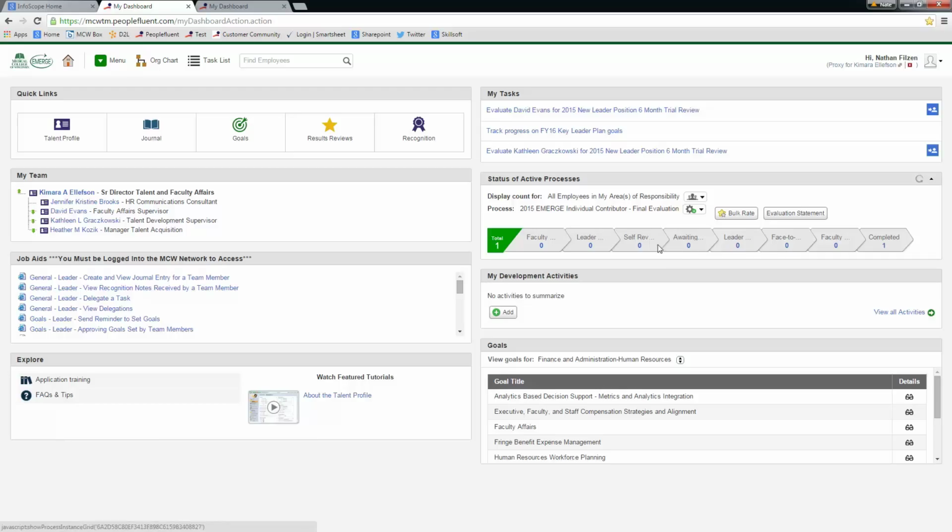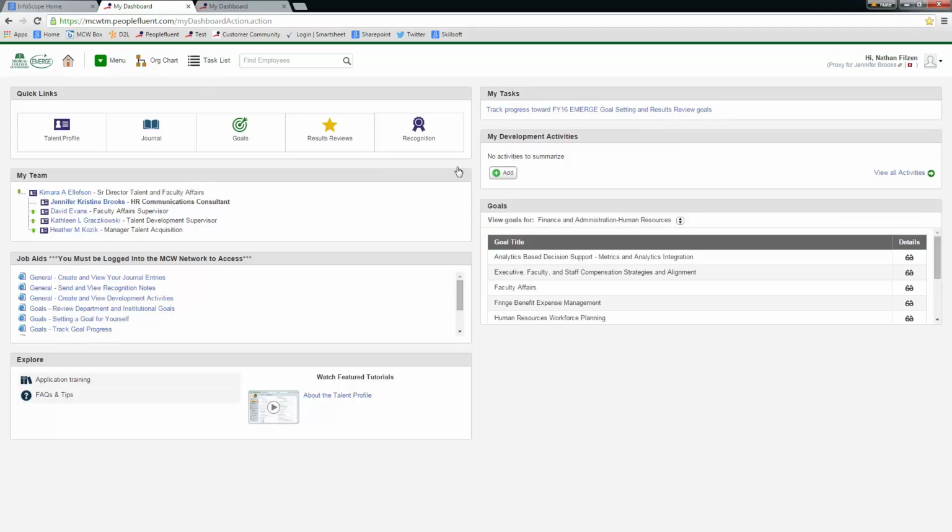If there was a number in any of the rest of these, I could click on that, just send a reminder to that person that they need to complete whatever task it is. So that is the biggest difference between what the dashboard looks like for an individual contributor as opposed to a leader. The next icon there is the task list,